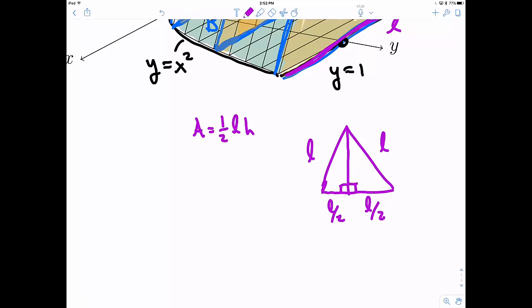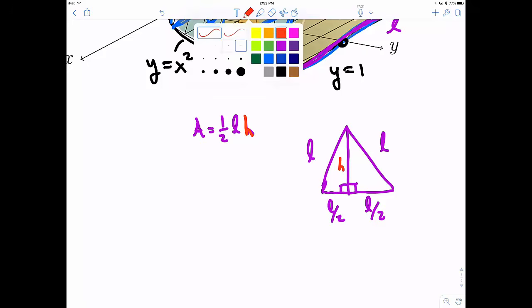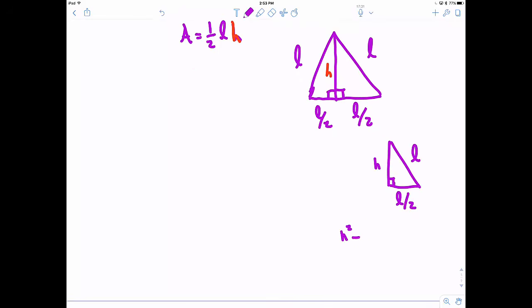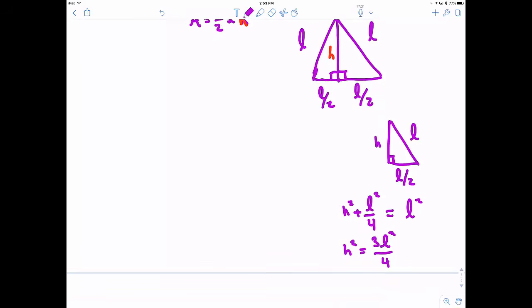And so the base of this thing is L. But the height, I don't know. The height is right here. So in order to figure out what that is, I'm going to need to use the Pythagorean theorem. So here's my nice right triangle, and I need to solve for h. The Pythagorean theorem says if I square both of the legs and add those together, that'll be the hypotenuse squared. So I can solve this for h squared as 3L squared over 4, and then finally I can